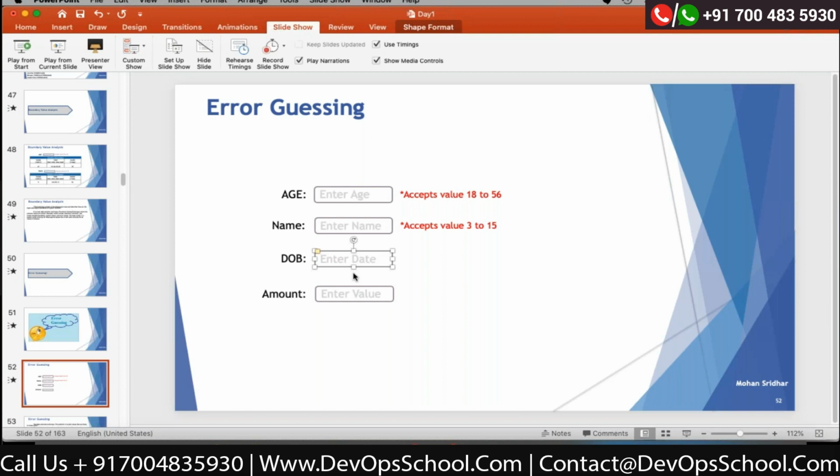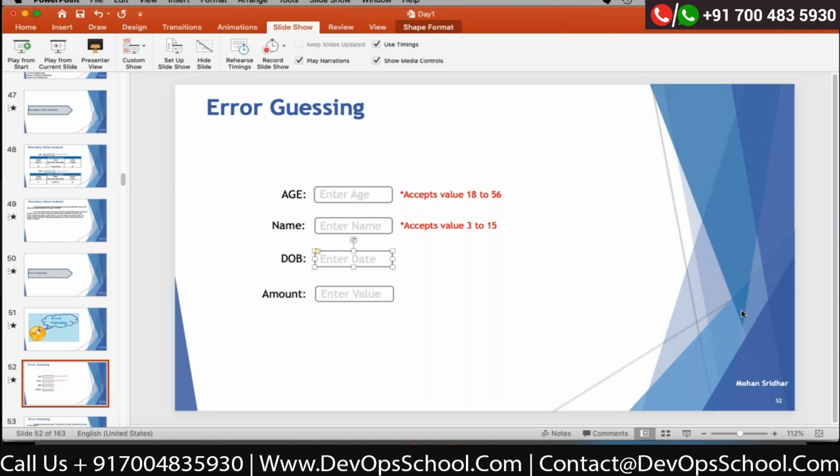You can give those kinds of suggestions. When it is a date of birth, our requirement is 18 to 56. It should allow from that day to 18 years back, and it should not allow within that range. So these are some tests that won't be described in the requirement, but we have to think about them.